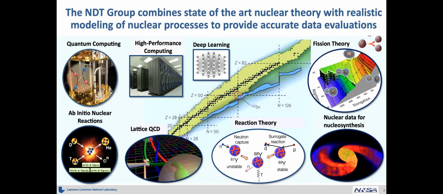So if I manage to change slides, the goal of the Nuclear Data and Theory group is to take experimental data, combine them with whatever theories are available for specific processes, and then provide an accurate evaluation of those nuclear data that can then go on and be used by applications. And applications here mean anything from, for example, a neutron transport code that will do a simulation of a reactor